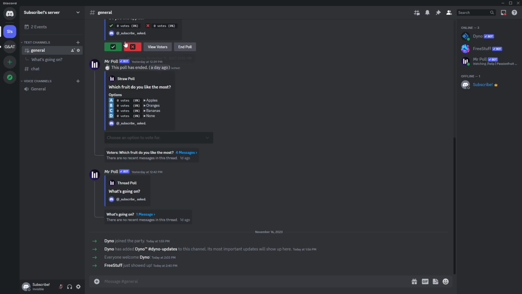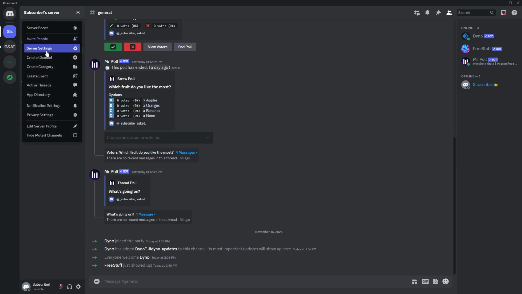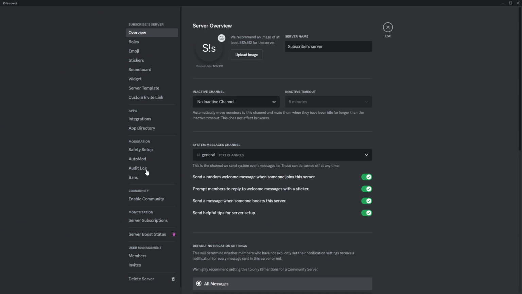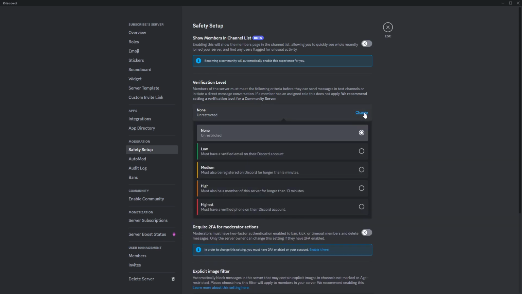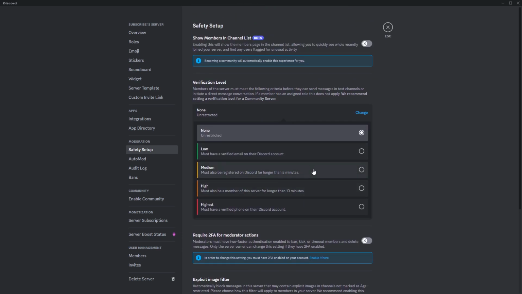So in order to do that, click on your server name at the top and then go to server settings. Now over here choose safety setup under the moderation section, and here we have verification level. Click on change and then you should see all options, so you can decide which verification level you want to